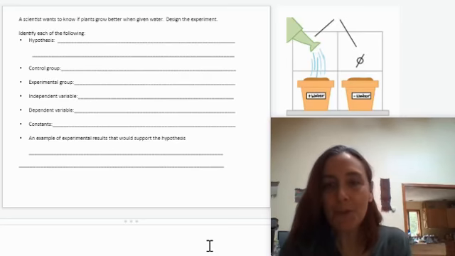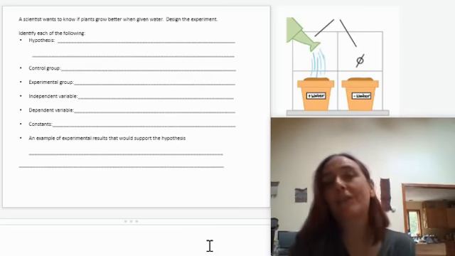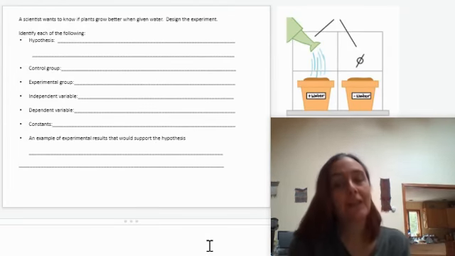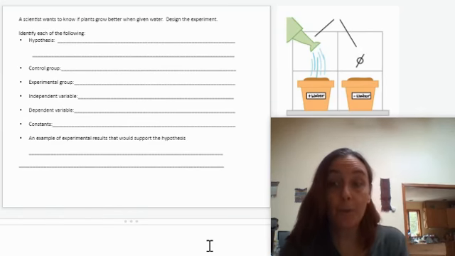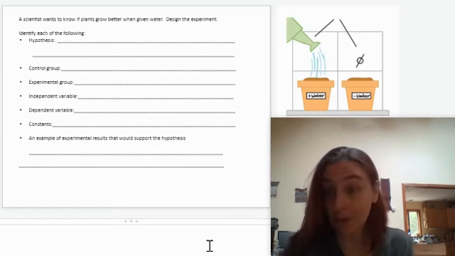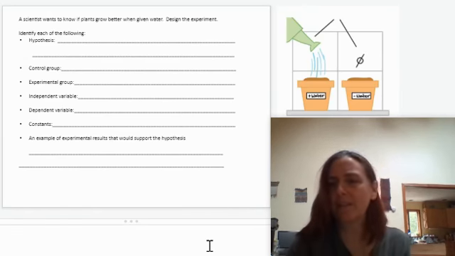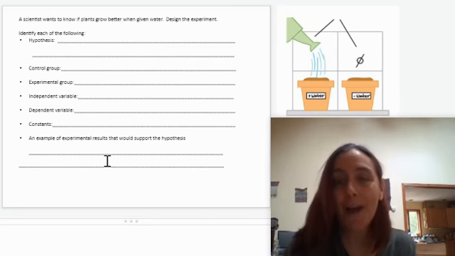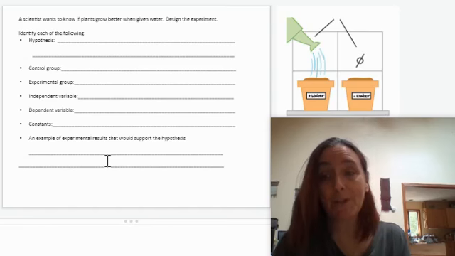Hi, everybody. So we're just going to do a quick practice of a typical Regents exam question on scientific method. It's very common to have an open-ended extended response question on scientific method. They'll suggest some question or problem that needs to be answered and ask you to design the experiment. And so I've put up the most simple one I could think of for us to practice with, which is